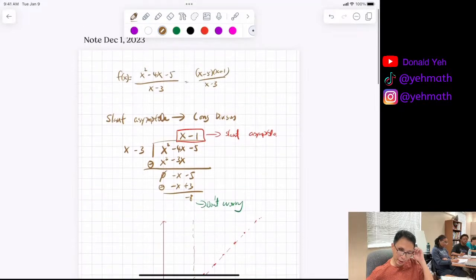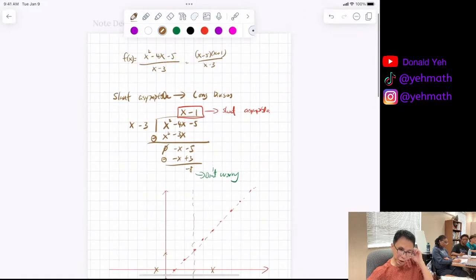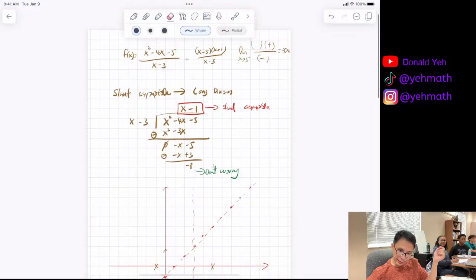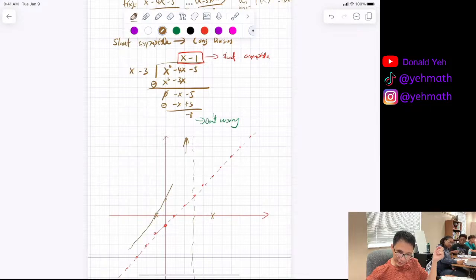I can find out how they behave at 3, so I can check before 3, so 2.9. If I check the limit as x approaches 3 from the left, which is 2.9, I plug in 2.9 for x minus 5. That is going to give you a negative, and 2.9 on the other factor is going to be positive, so it's going to give you positive infinity. So this side is going to go up. So the graph is going to go like this,